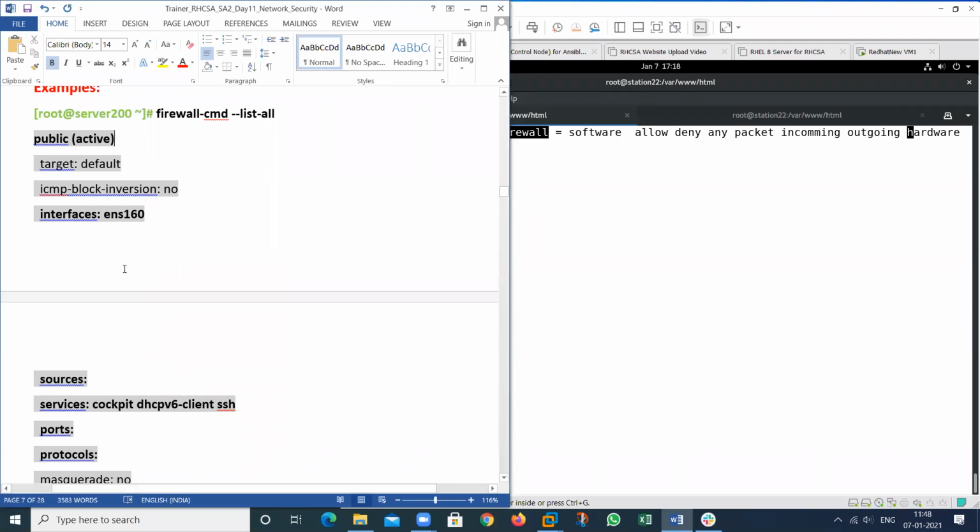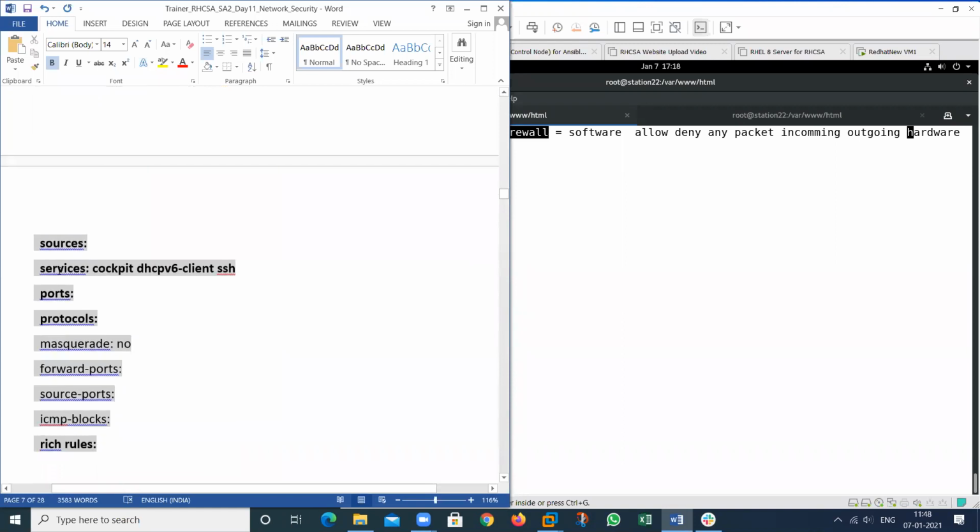So we understand in this firewall only the services and the protocols. These two things I will discuss in this whole chapter. I am not discussing what is masquerading, forwarding. These are different ones. That is not part of our syllabus. So only services and ports. I will give the real example of these two services that I will add in the firewall.